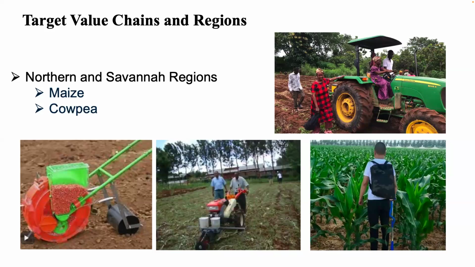So our target value chain is maize and cowpea, and we are trying to roll out these bundles in the northern and savannah regions. Just like I said, you can see a woman on the tractor there. This is where we want to be. We are saying that it's gender friendly, only that most of our women and youth don't actually want to be seen in this area. I have shown some simple tools and equipment that become an enabler in our smart production